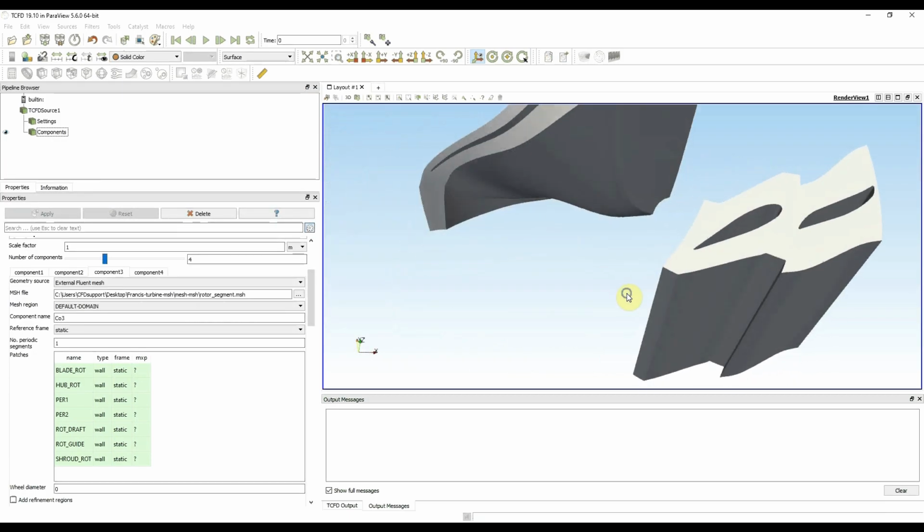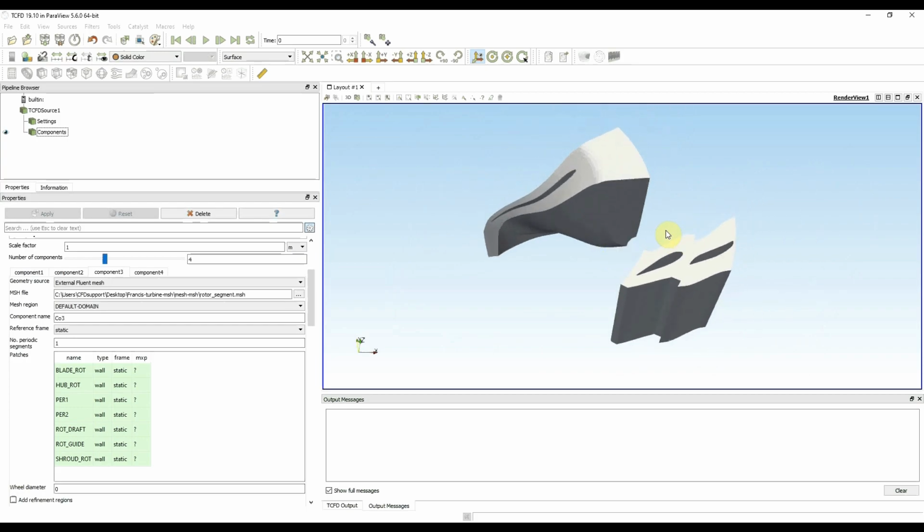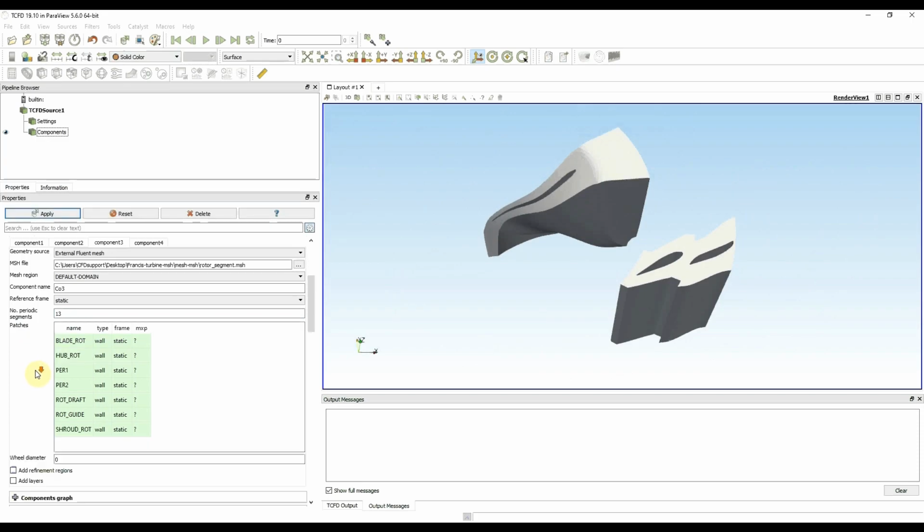So now I have 3 components. I did not press apply when I set the second component, so now 2 components appeared. I again need to specify the number of periodic segments. The rotor has 13 segments, so I specify the number 13, then change blade type to blade, hub to hub, periodicity into rotation AMI,